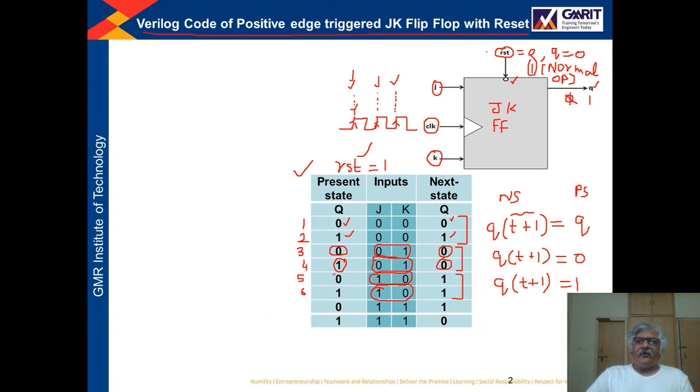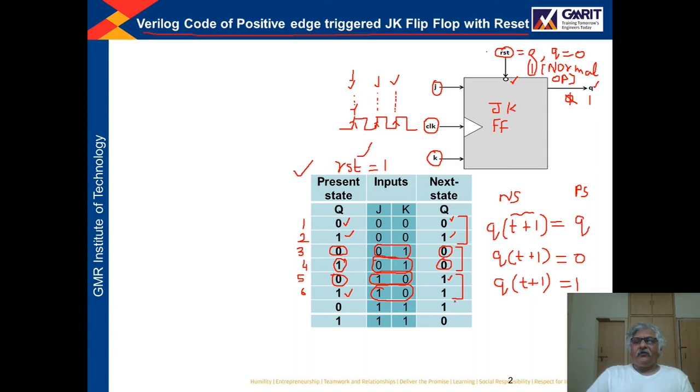You can check here. In row number 5, present state is 0, J is 1, K is 0, so next state is 1. See row number 6, present state is 1, J is 1, K is 0, so next state is also 1. So whatever may be the present state, next state will always be 1.